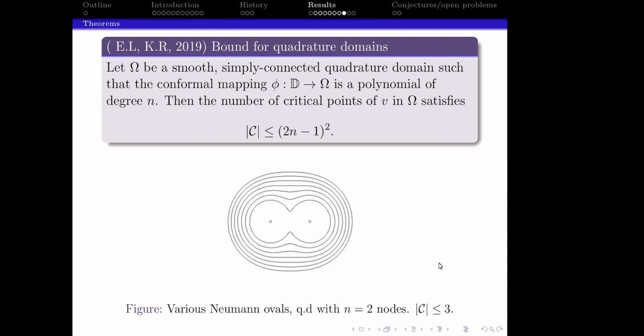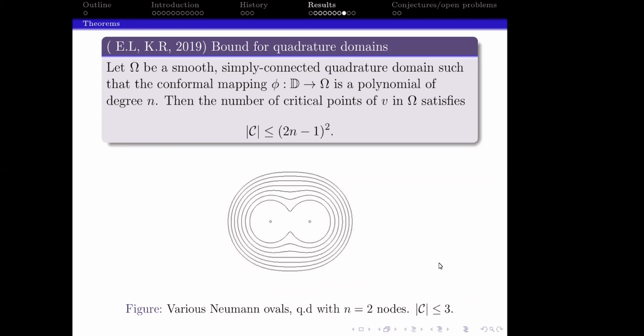Let's take, for instance, a quadrature domain that is simply connected, which is special in the sense that if it's simply connected, there is always a Riemann map. Suppose the Riemann map is a polynomial of degree n. Then we can show that the number of critical points is quadratic in n. n is the order of this polynomial,